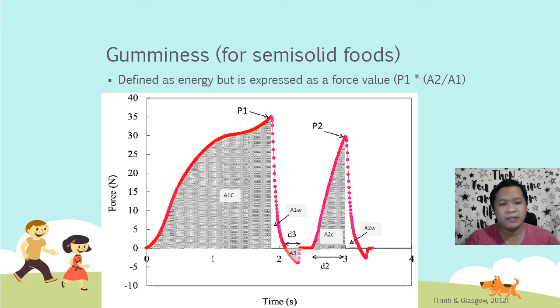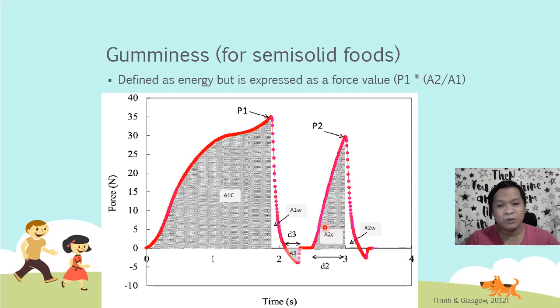So gumminess naman is used mainly for semi-solid foods, and it's defined as an energy, but it's expressed as a force value since A2 over A1 is dimensionless and P1 is a force value. So basically, the gummier the product is, no, parang essentially mas mataas yung hardness niya and mas mataas din yung cohesiveness niya. Okay, meaning to say you need a lot of force to chew it through, and then at the same time,